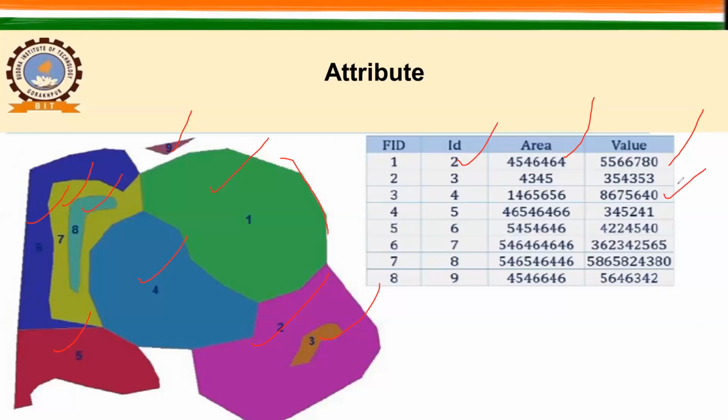So such an attribute table you can create. I can give you some more examples, like you have a point map and they represent some locations in some area. And for these points, you have collected some information. The first information is the unique ID that you cannot change, so that will be fixed. All the values will be decided and updated on the basis of the UID. Now here the next will be your area. Let us say what is the population, right? What is the quality of air, water quality, what is the depth of your groundwater? Those information you can make into a table and attach to that particular point map.